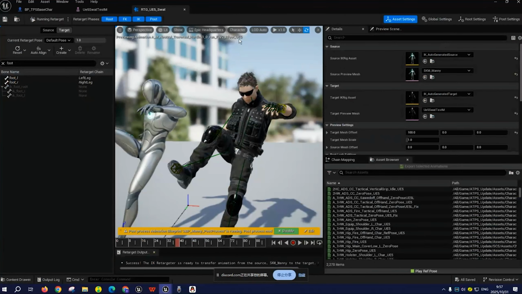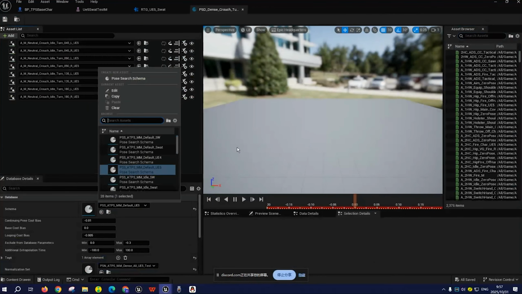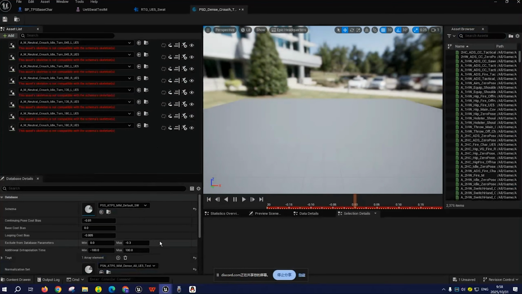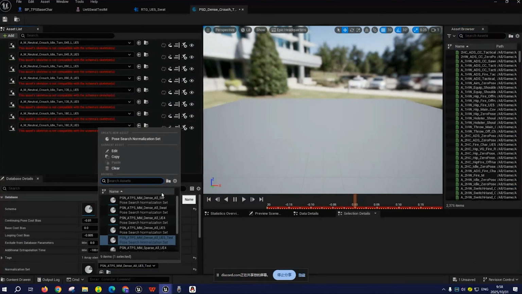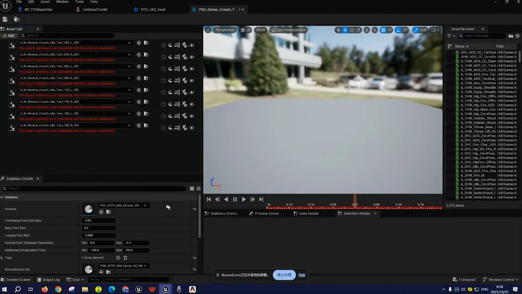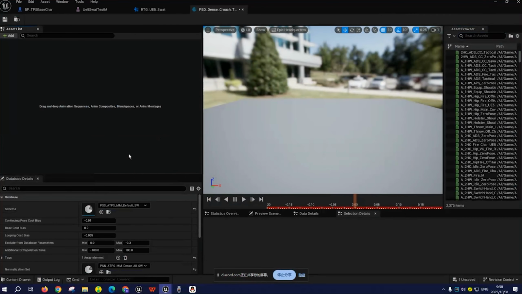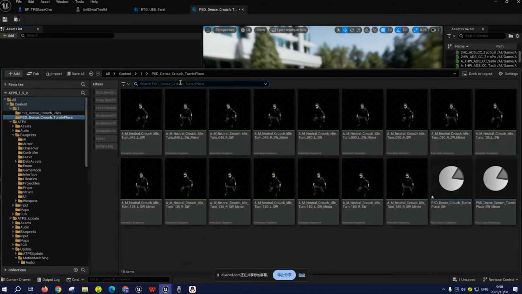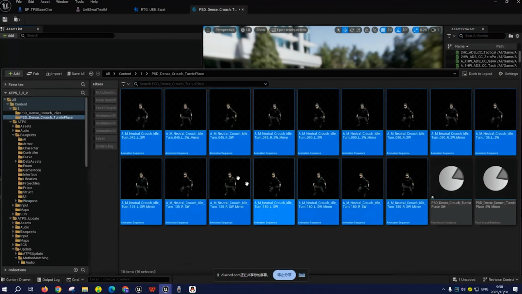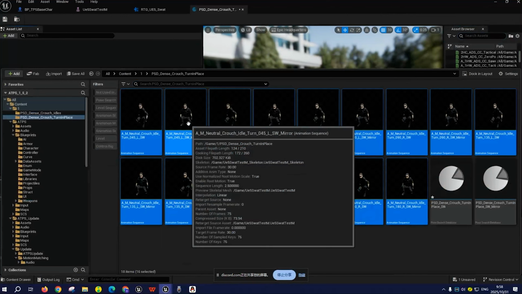Okay, starting with the first one, switch out this default to default SW. And we get these errors. Also need to switch out this to all SW. Yeah. Okay. These are only the original animations, not the mirrored ones. So we just remove all of this and search for, actually, let's not search for anything. Grab all 16 of them and